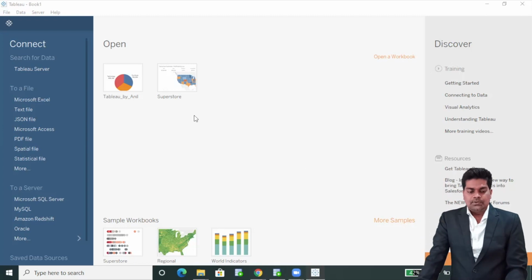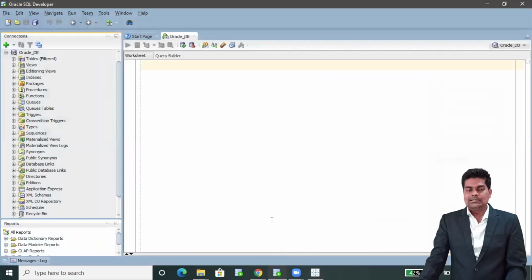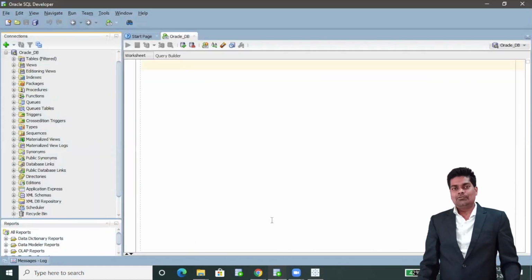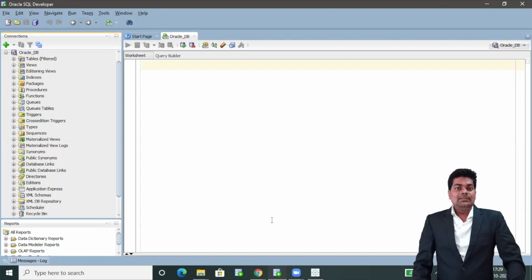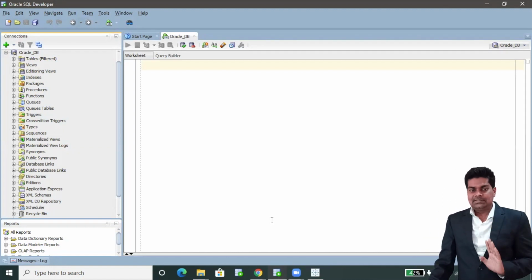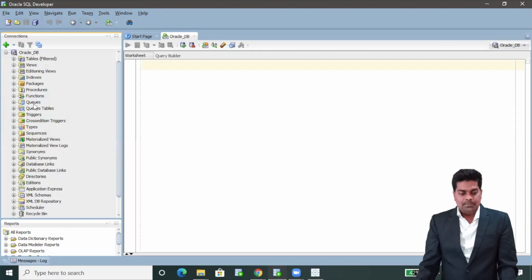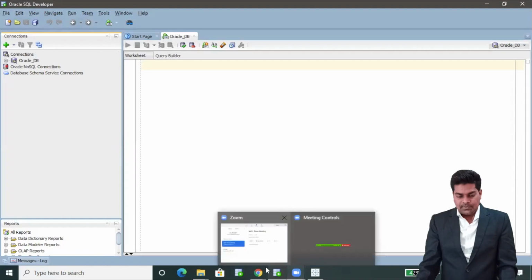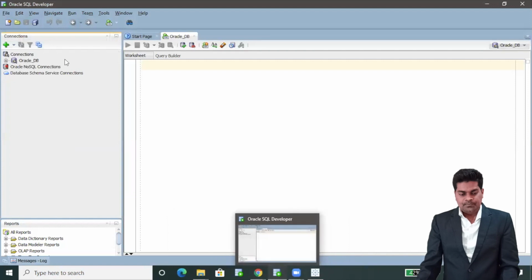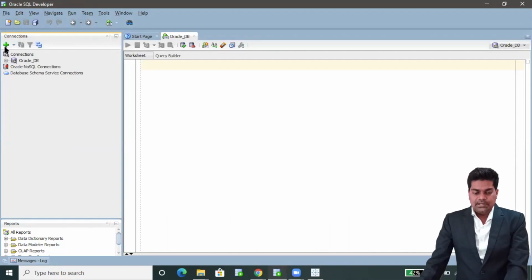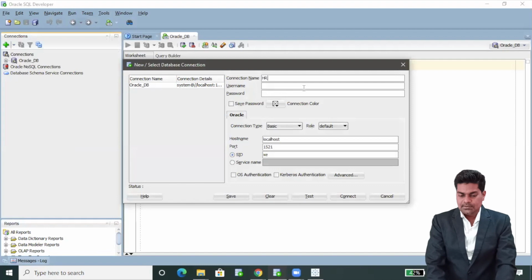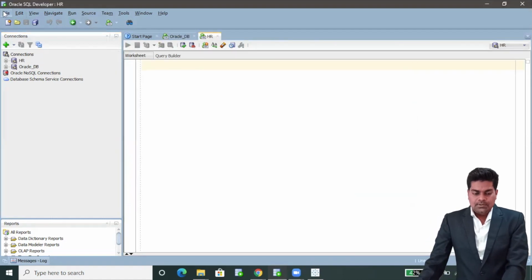So I have opened Tableau Desktop, and let's open Oracle SQL Developer. Not only Oracle, you can connect with any of the databases. The process is the same. So this is the Oracle database, and I created one more connection, HR.